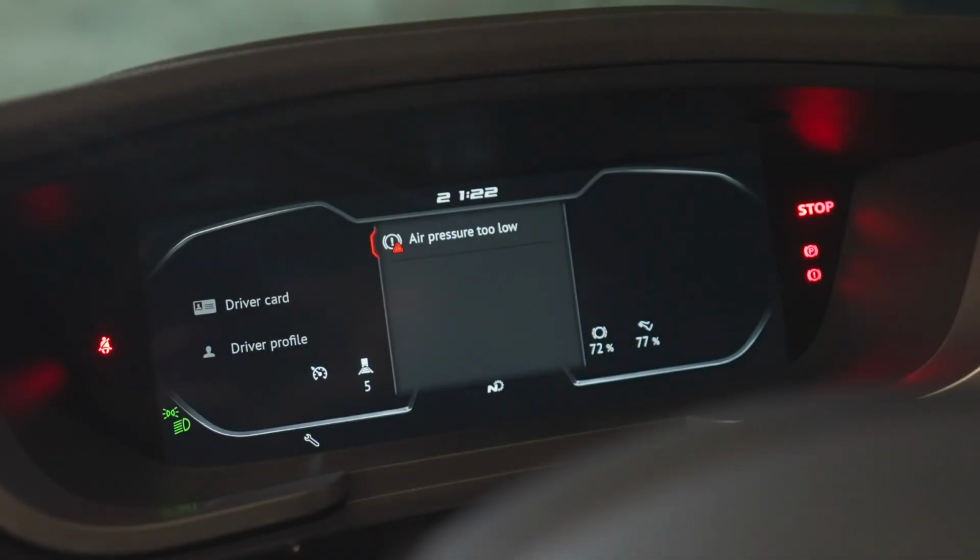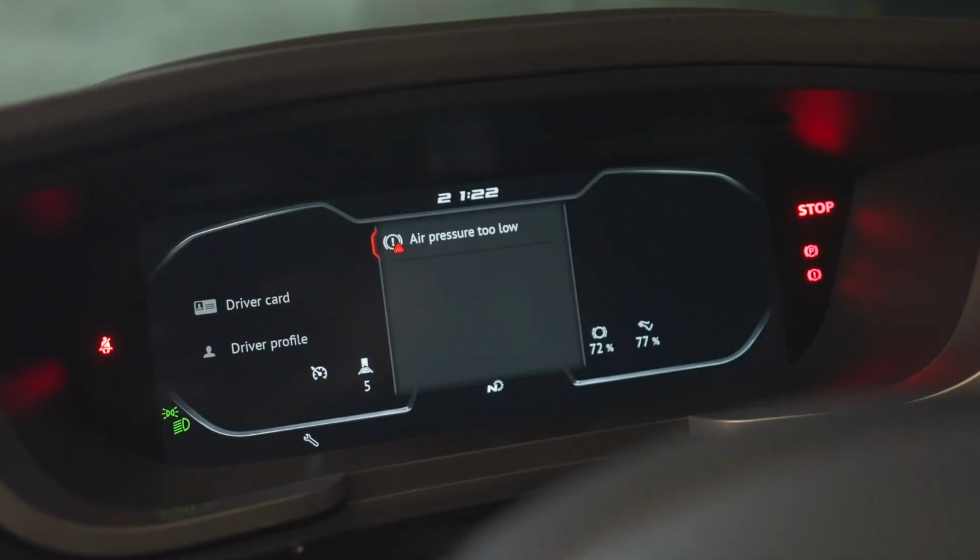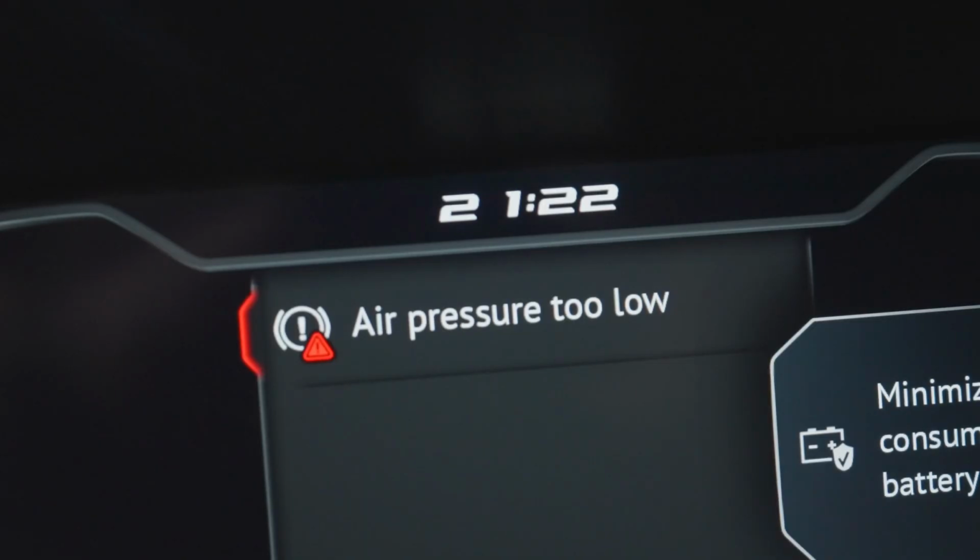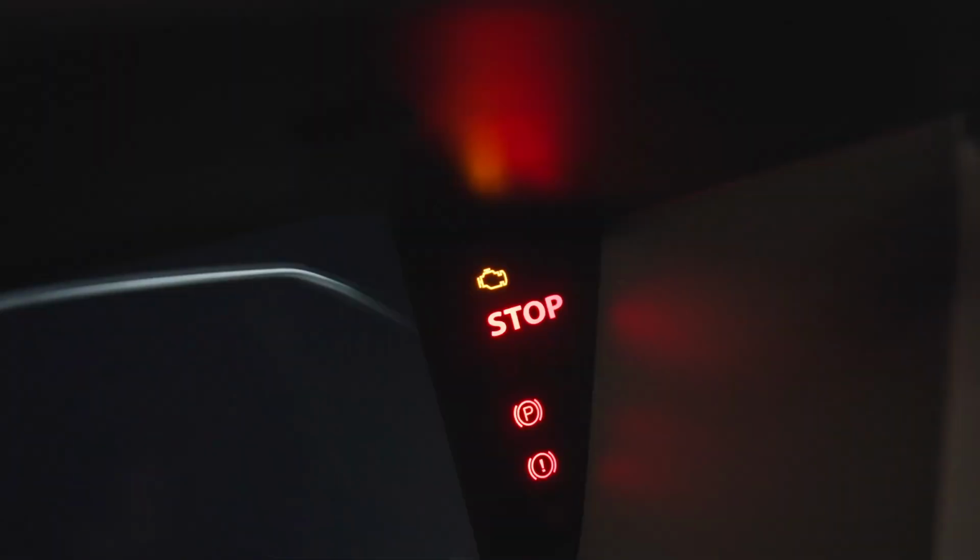If there is a severe fault with the vehicle, a red pop-up and acoustic sound is activated. This will also have a red hazard triangle and text explaining the fault and corresponding fault icon or the word stop. Depending on the type of fault, this can result in serious damage to the vehicle, and these warnings should